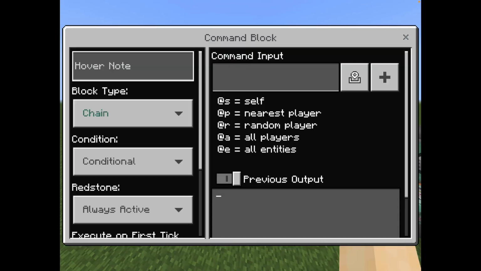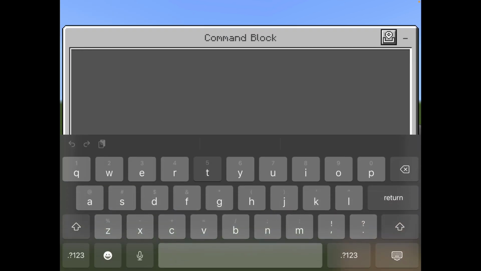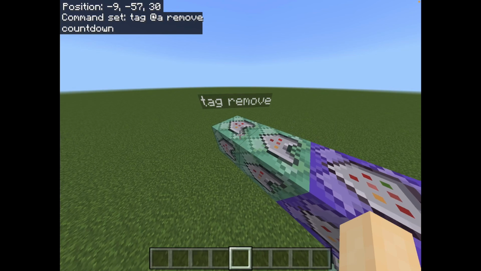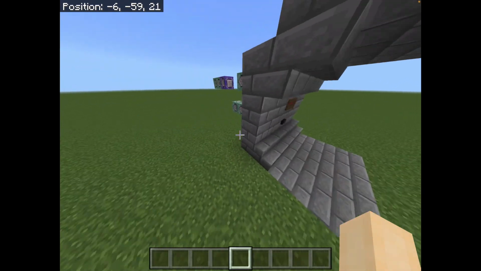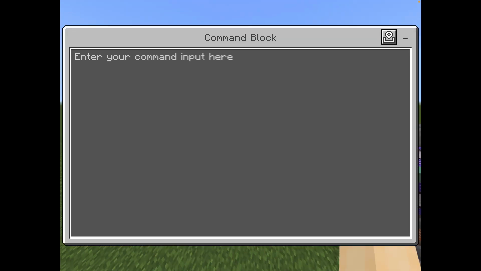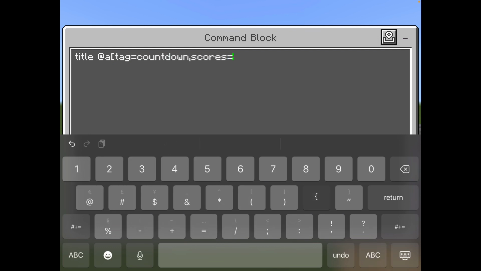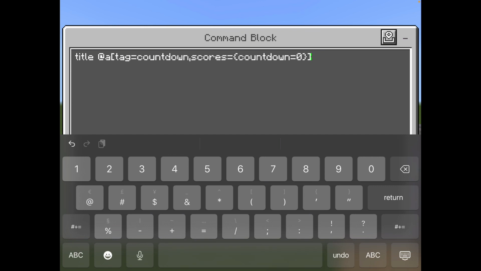Now here is where it actually removes the tag. So what we want to do here is slash tag at a remove countdown. Technically, you could do at P, but in that time, they could have swapped with someone else, which would mean that they would continue having the tag, which just isn't really a good thing. But now here's the final command. So, slash title at a tag equals countdown scores equals countdown equals 0. Title